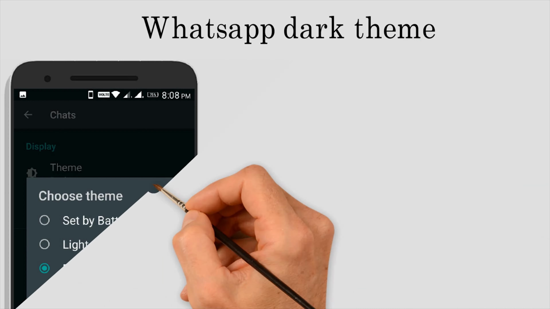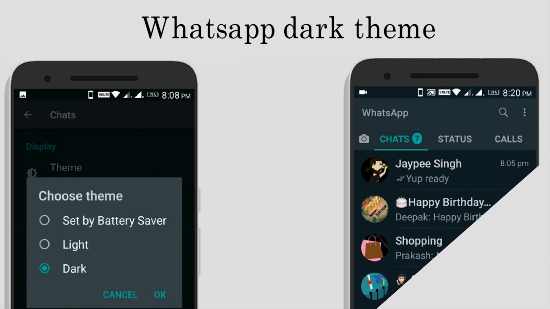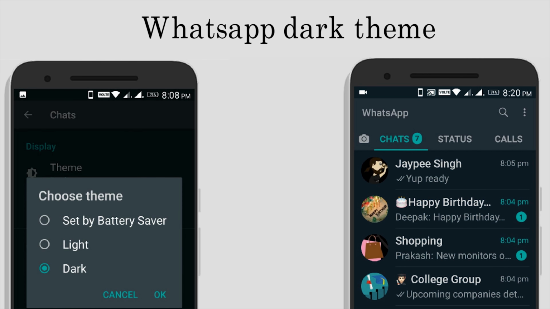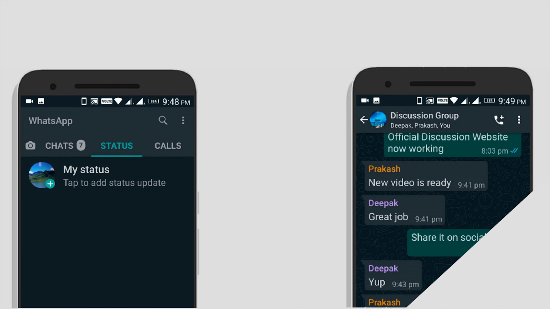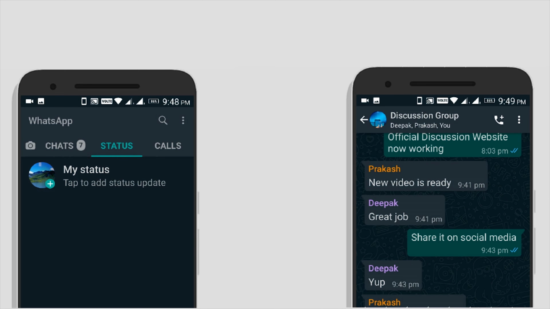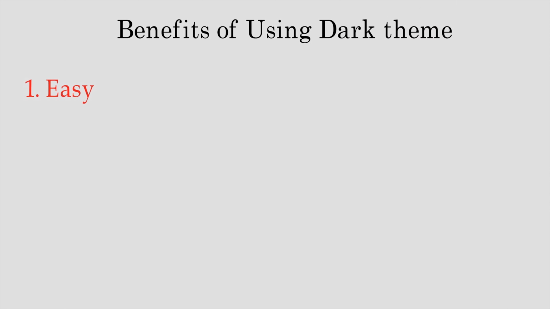The dark theme mode is designed to make it easier to view messages in low light conditions. Therefore, it is good for eyes, especially at night when you are scrolling the phone for reading long text messages. It also helps to save battery life of the phones, especially phones that have AMOLED screens. OLED displays do not shine their pixels when displaying color black, which in turn preserves the battery life.